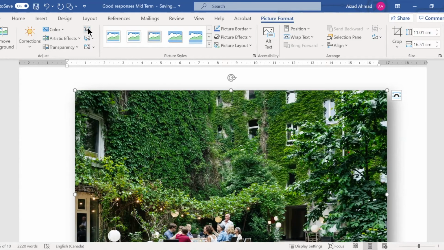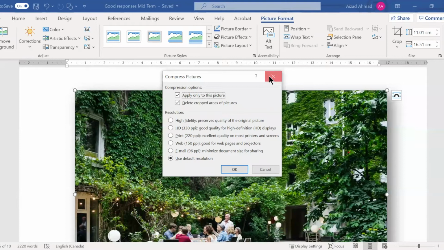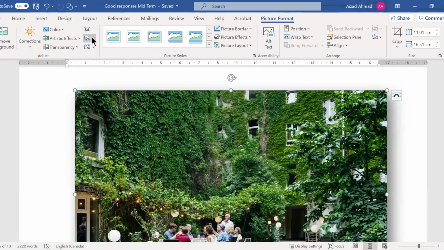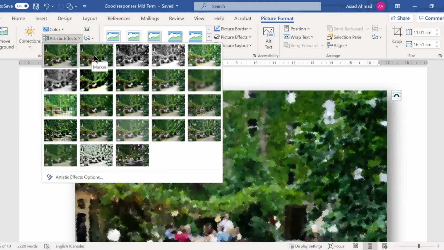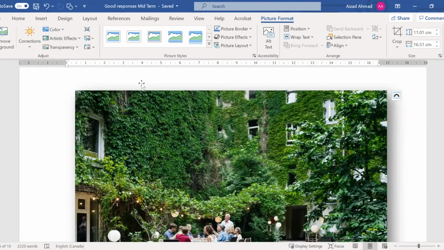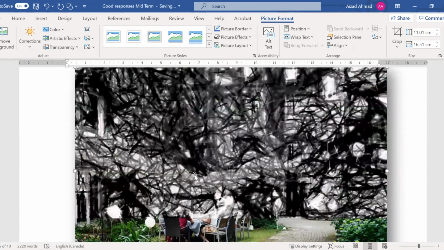And with the picture, you can decide if you want to reduce the size. All these are about the artistic effects also. With these pictures, you can change the picture to look in different ways. For example, if you want to make it look like a painting, you can also do that. You want to make it look like,